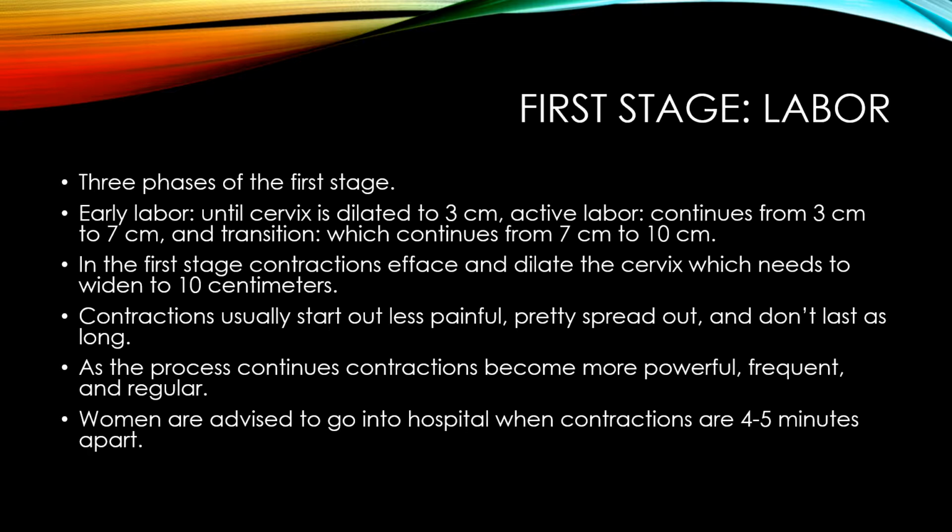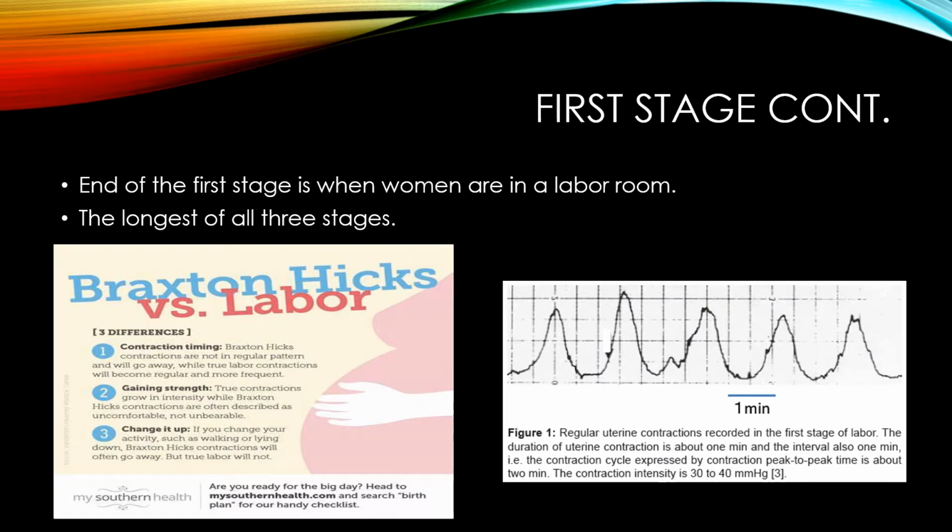As the process continues, contractions become more powerful, frequent, and regular. Women are advised to go into the hospital when contractions are 4 to 5 minutes apart. The end of the first stage is when women are in a labor room, and this is the longest of all 3 stages. So we have our first picture, which says Braxton Hicks versus labor,